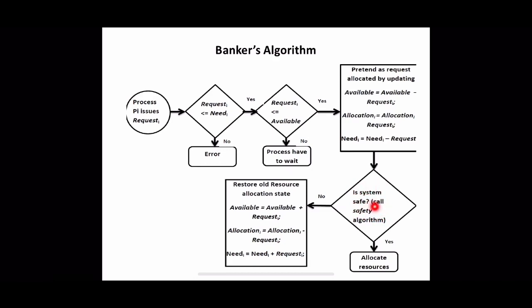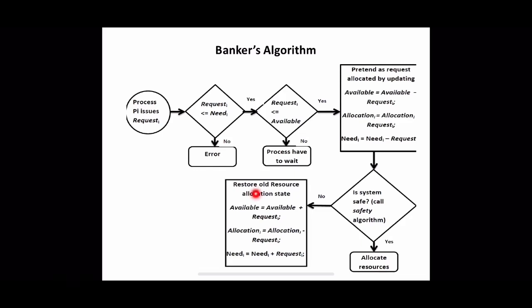We have a special algorithm here, the safety algorithm, which we call. The output of the algorithm will be whether the state is safe or not. So this state will be fed as input to the safety algorithm, and it will say safe or unsafe. If safe, allocate the resources to the process. And if unsafe, that means we cannot grant the request for the time being, and the process has to wait. So already we updated this much information, right? That should be restored back. We have to change it to the older values.